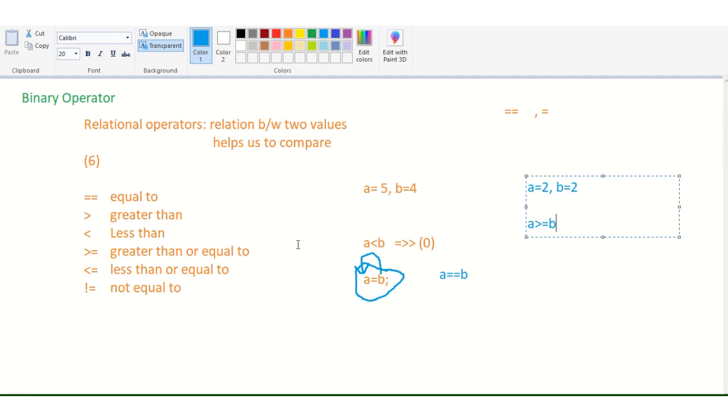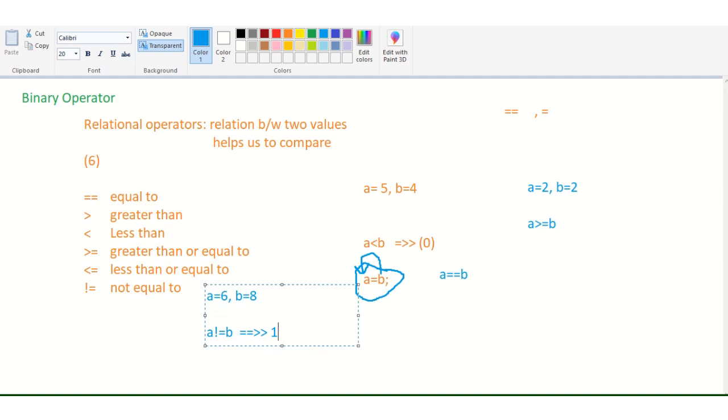Now you're clear? Not equal to means, for example, if I am using a equal to 6 and b equal to 8 and I am using a is not equal to b, then is this true or false? This will be true. It returns us any non-zero number, but in normal programming practice we just write it as 1.